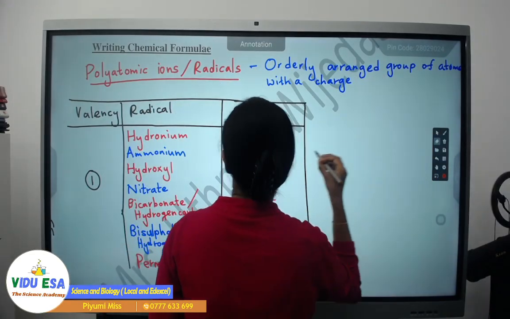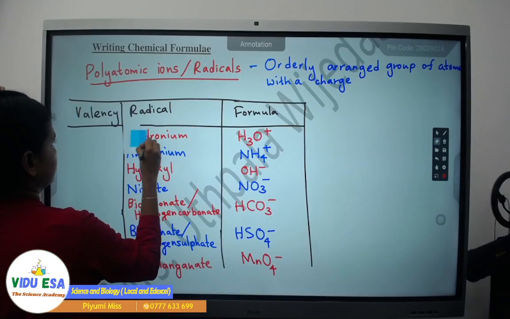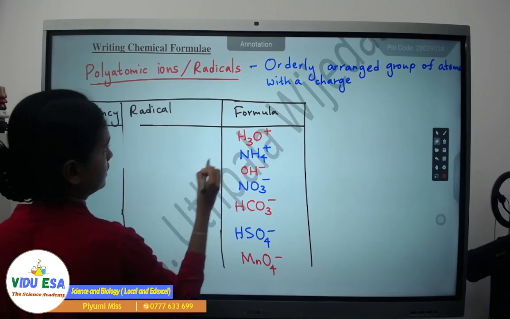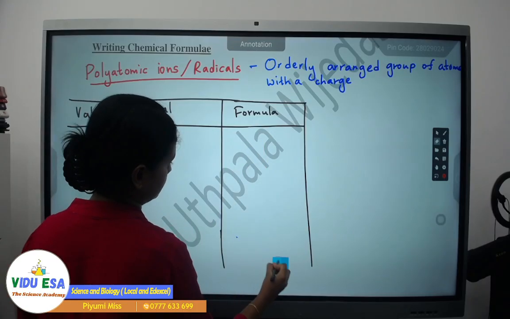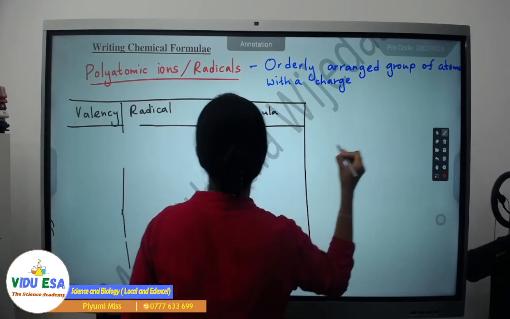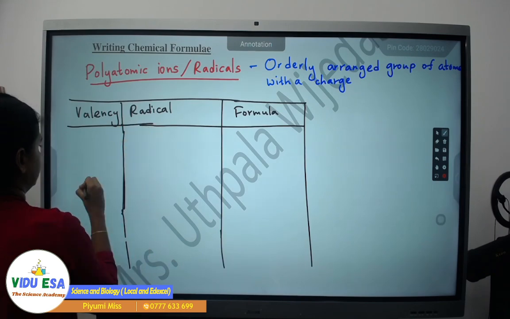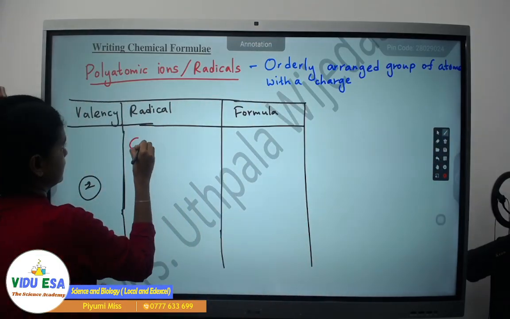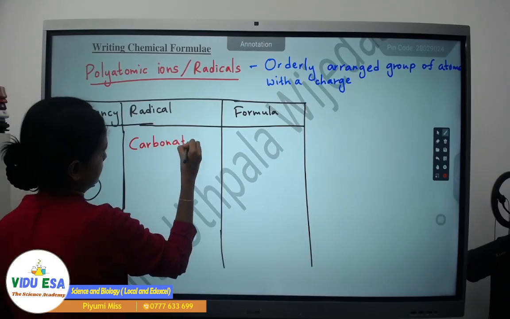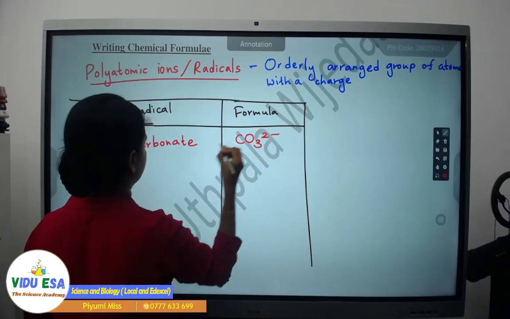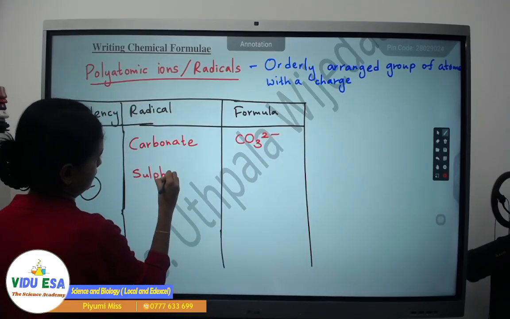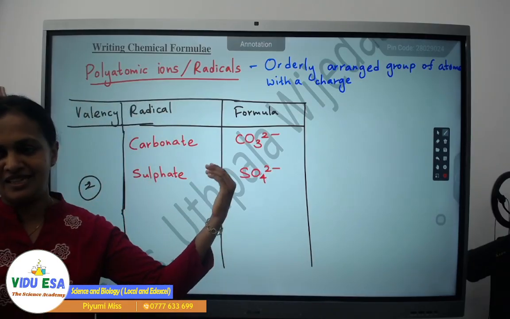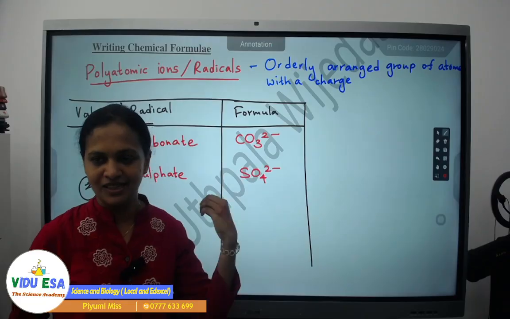Valency 2, the ones with valency 2, there are only 4 ones having valency 2, right? Carbonate, CO3 2 minus. Sulfate, SO4 2 minus. Writing the charge before the number is not wrong, but